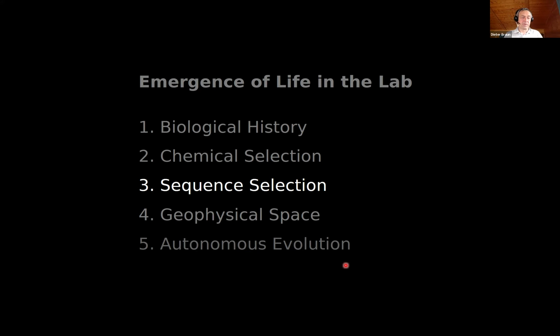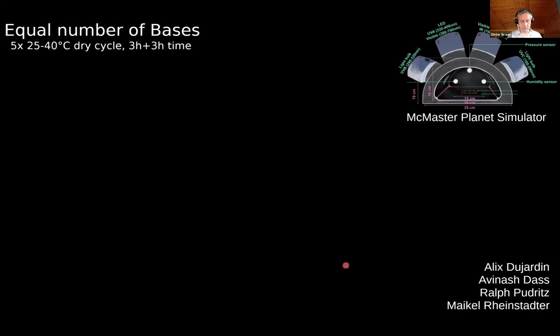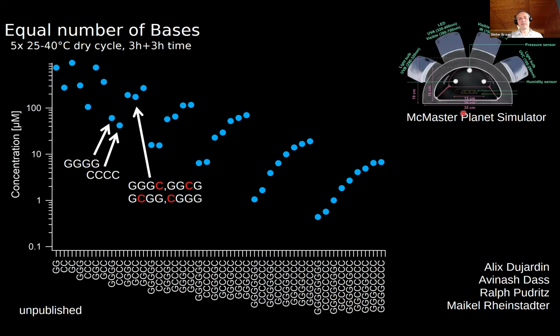Now we want to go for the next step. So we have these polymers and want to see how we can use them for sequence selection. We are exploring in planet simulators with the McMaster group. We tried a lot of experiments there, not really fully conclusive, but it's just trying around. One run looked quite interesting, but it was hard to reproduce and hard to fully understand what we're looking at here. So we now do these experiments more in different ways in our lab and try to